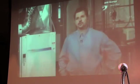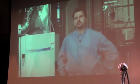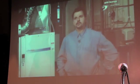Well, when I built my home in 2000, I wanted to make sure that I would have very low energy bills because I tend to stay here for a long period of time. Most of these energy bills are for heating, cooling, and hot water. Looking at the way energy prices were starting to creep up, I felt that the geothermal system offered the best